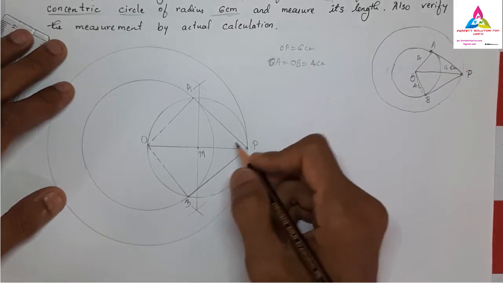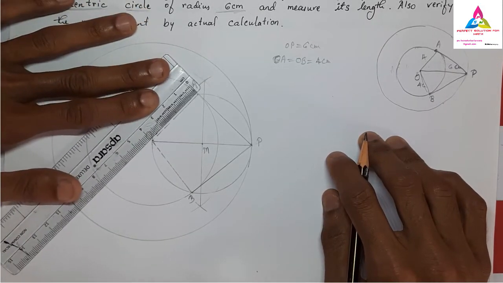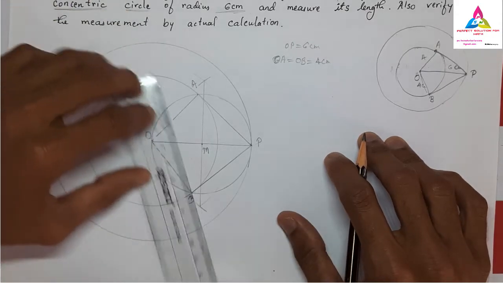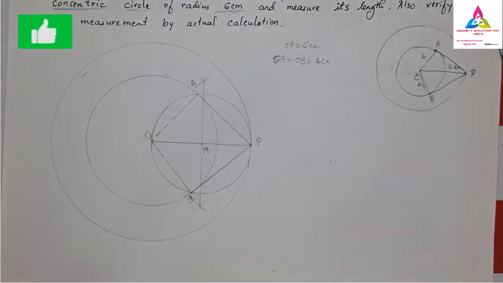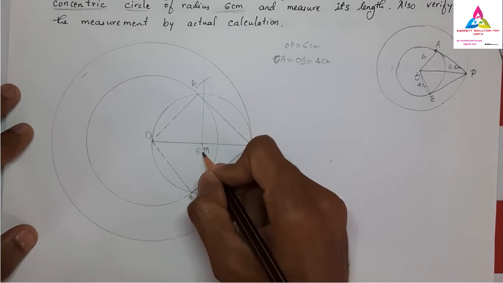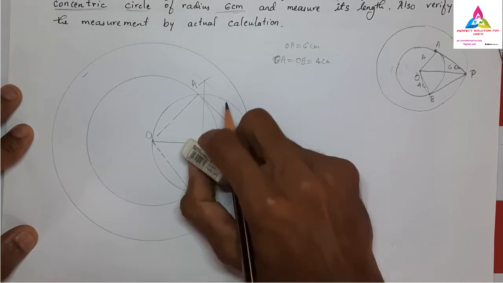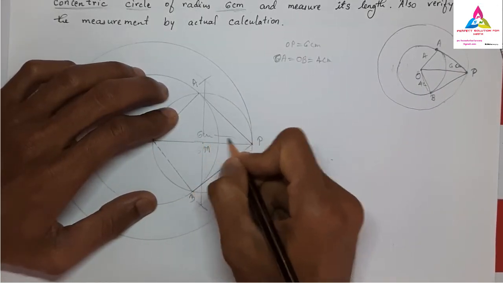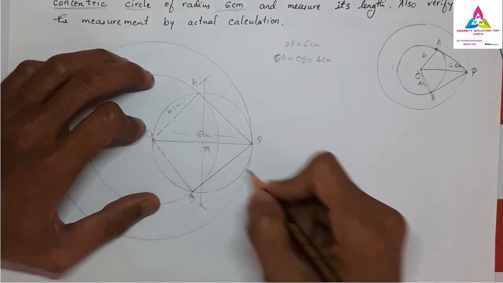You may ask how we took that 4 centimeter. If you want, you can measure it, because the radius of the inside circle is 4 centimeter only, and this is 6 centimeter, which we have taken already. So these are the two things we have written according to the rule. Now, most importantly, I will write 6 centimeter on the top. 6 centimeter is the OP length. This is 4 centimeter, because we have to find it using the calculation they have told.